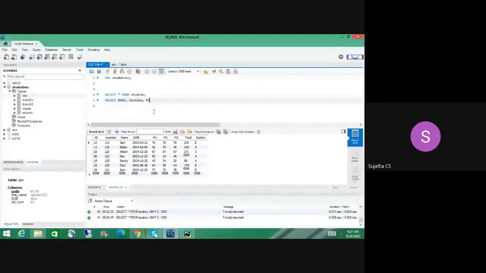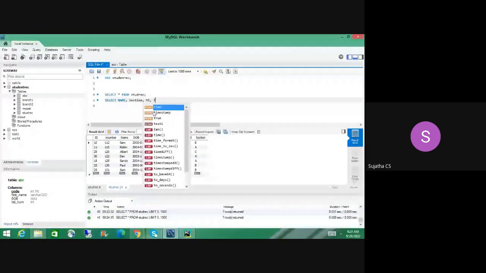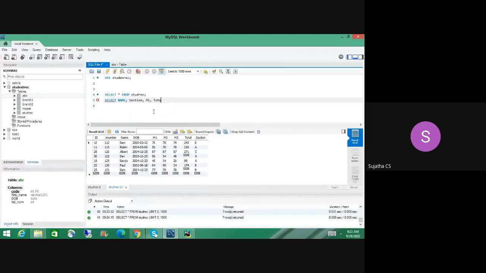Not total, just only a few things is enough right now. Okay, total, then from which table? Student record.